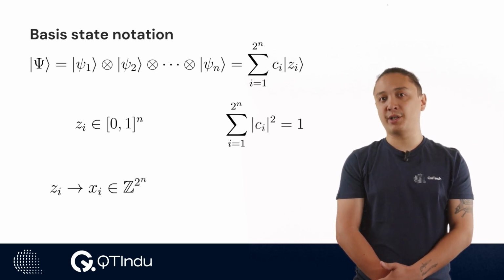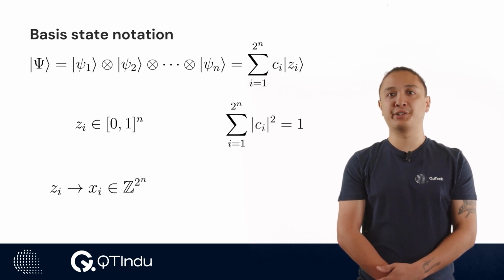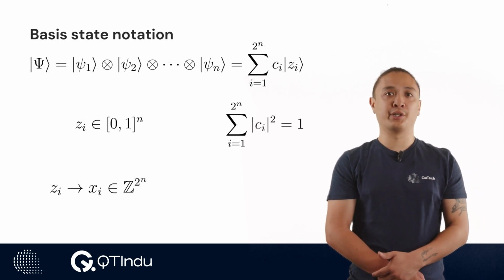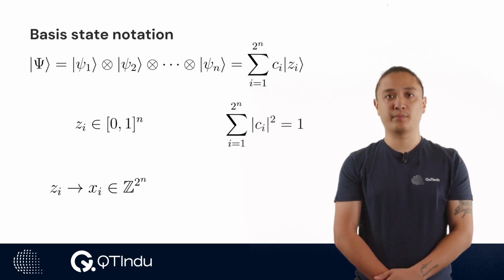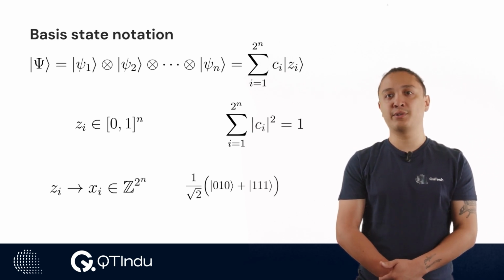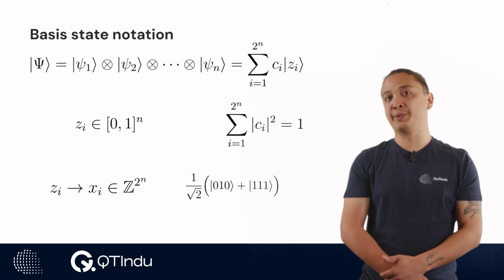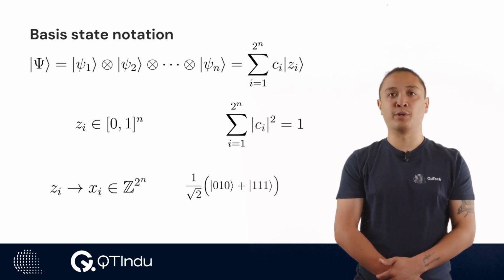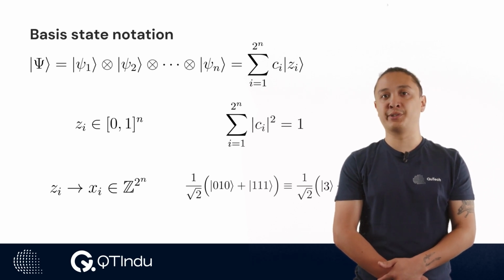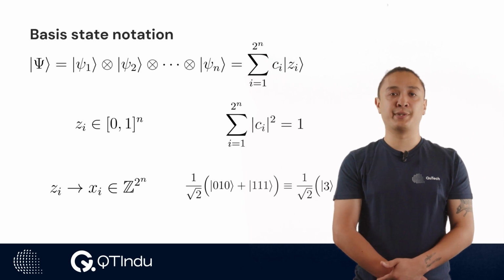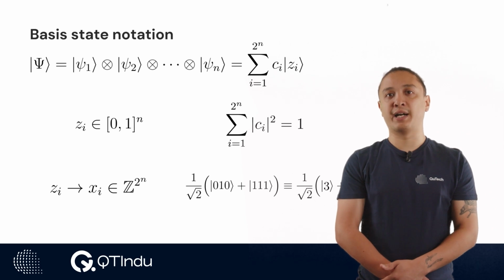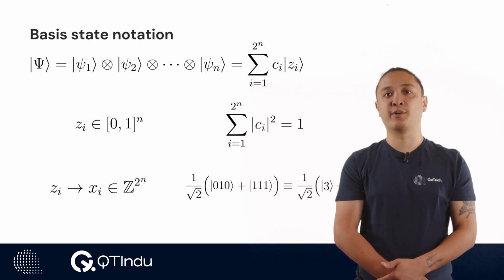Now, for the purposes of this video, we will switch to the integer representation of the basis states. So instead of using a binary string, we will use the positive integer corresponding to that binary string. For example, if we consider a 3-qubit superposition state as follows, here we're considering an equal superposition of the 0, 1, 0 and the 1, 1, 1 state, we can simply convert the binary strings to their respective integers to represent this state as an equal superposition of the 2 and the 8 state instead. This is done purely to simplify the mathematical notation for the quantum Fourier transform, which we will see in a couple of slides.